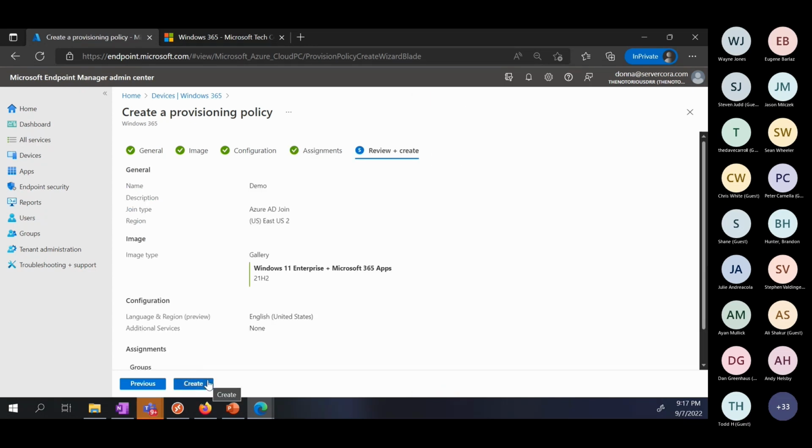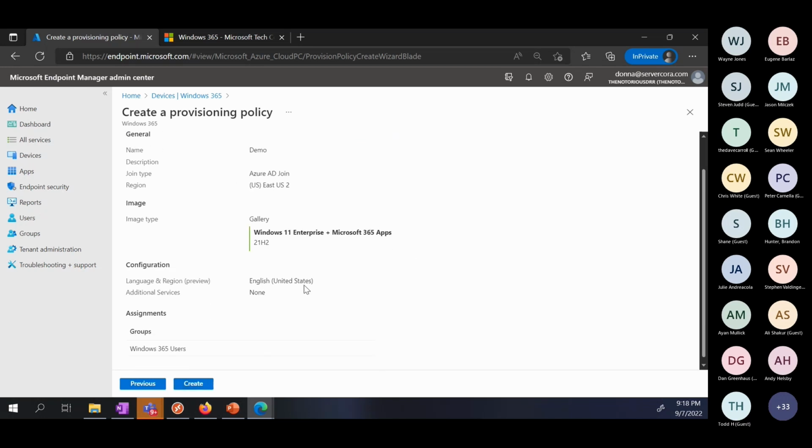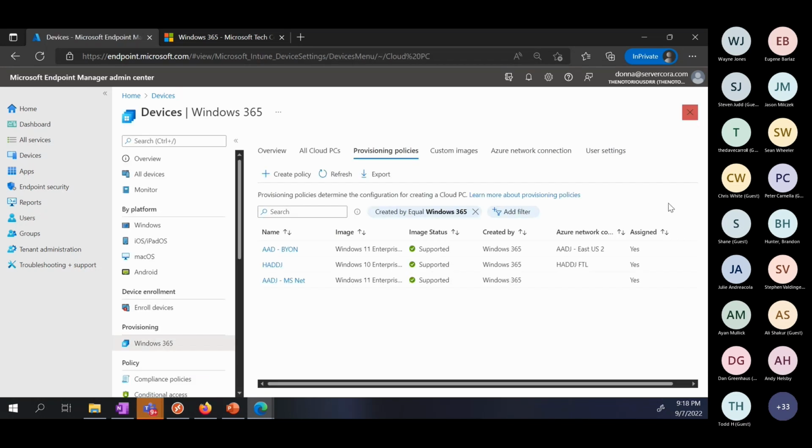And that's it. You have now just seen like 90% of all your options within Windows 365. I'm not going to build it because I don't need it. I've already got ones that'll work for the demo, and I don't want to sit here and wait 5 minutes for it to churn. So I'll cancel it. But that is our biggest configuration policy.